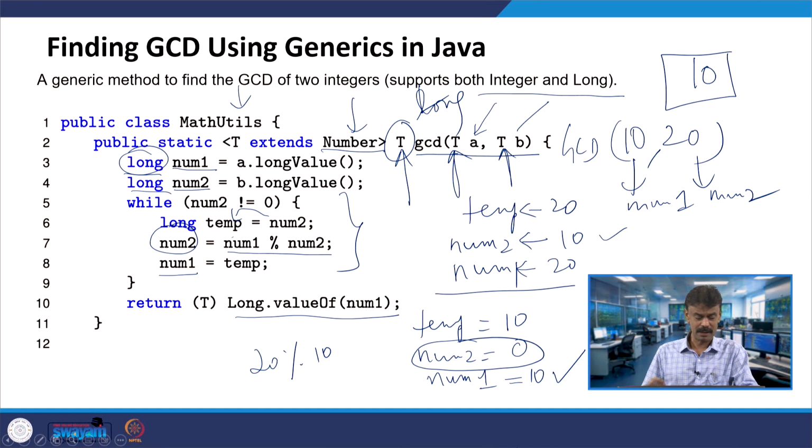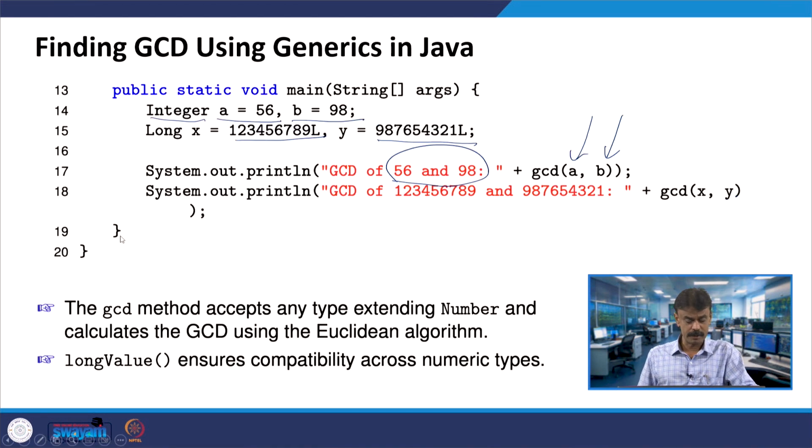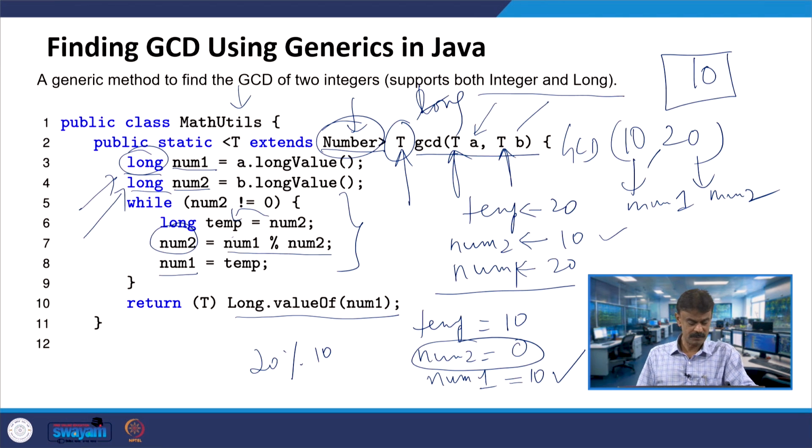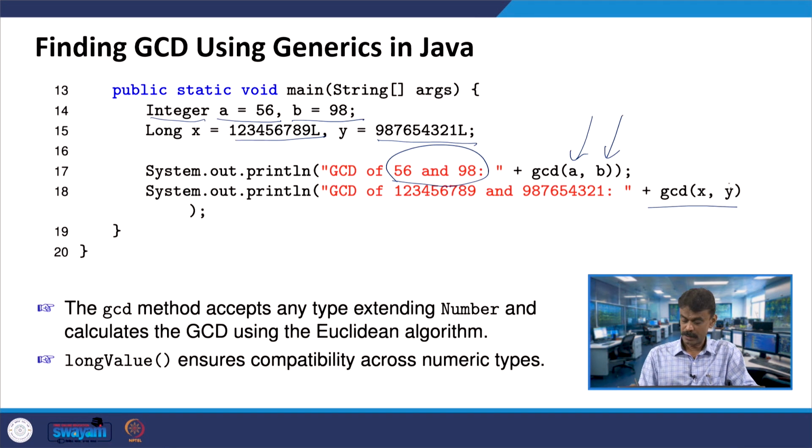So, it is a long number, number will take care. So, capital L, alright. So, this number will take care. You are converting into the usual long, and then you are running the algorithm for this big number x and y. So, we know that that will give you the GCD. So, that will be returned, right. When I am calling this, that will be returned. We will see the code, how this is working.